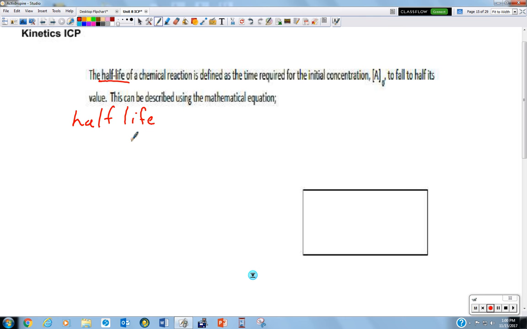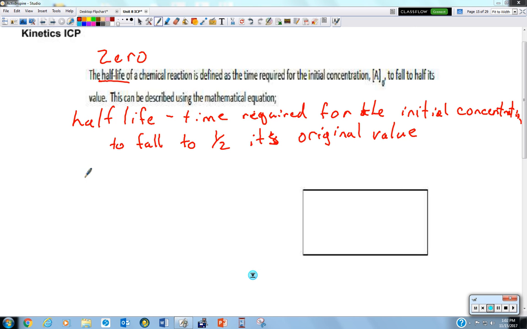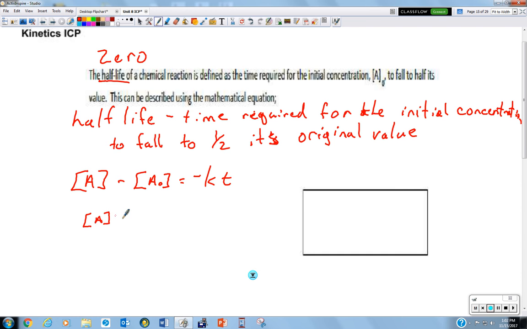Decay. Radioactive decay is what we usually come to. But a half-life is simply the time required for an initial concentration to fall to half of its original value. So, again, for a zero order, we have concentration of A minus concentration of A naught, which is your original concentration, equals negative KT. So if I'm looking at this in terms of a half-life, I could say that the concentration of A,